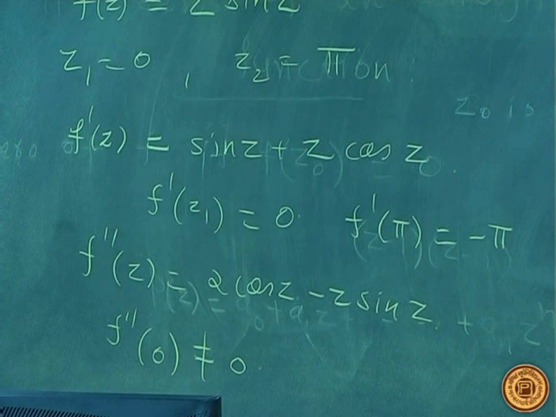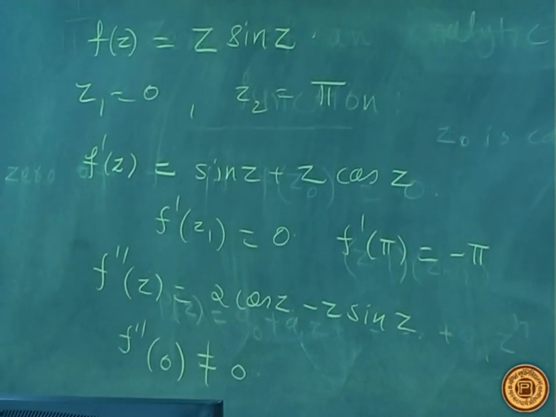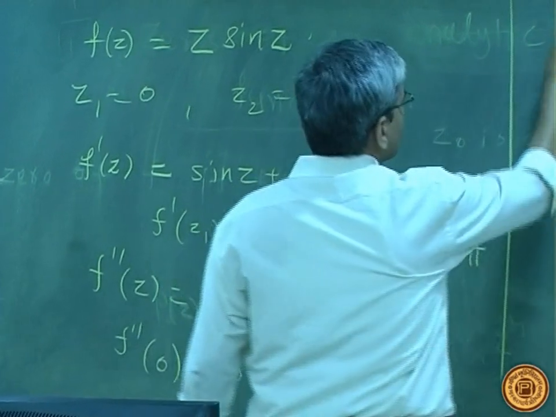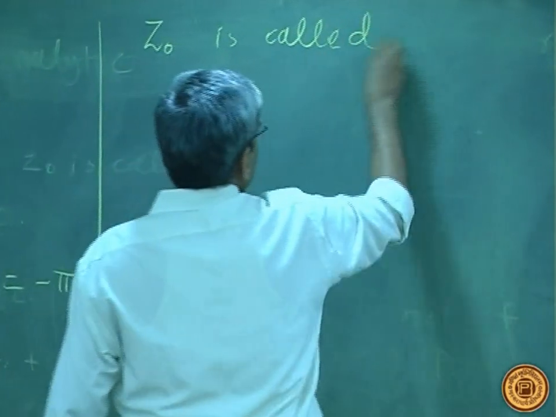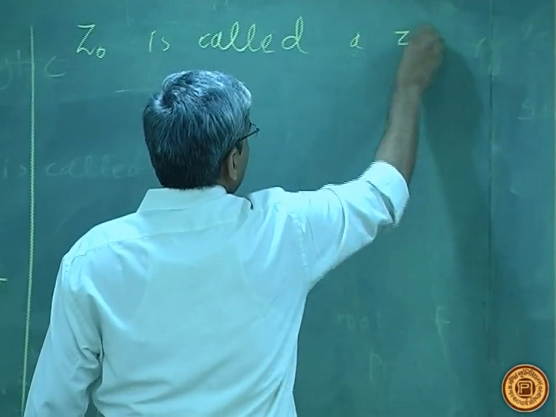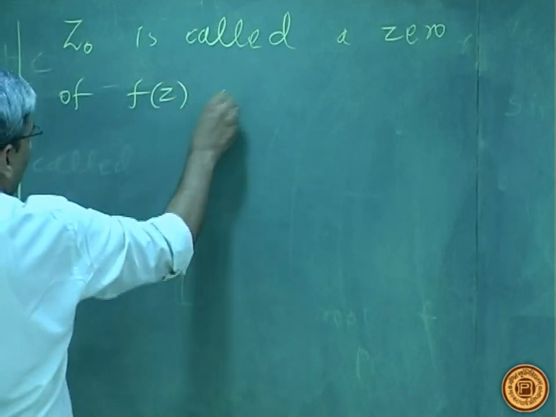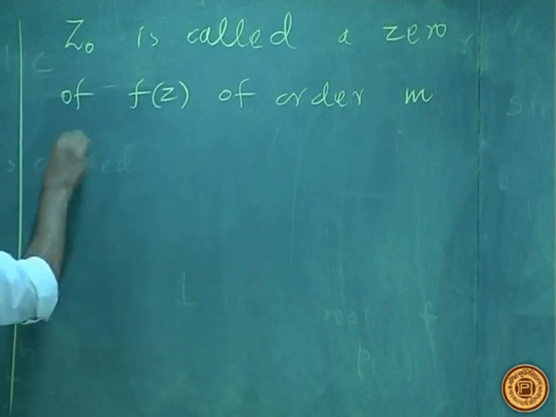So now I am going to define a zero of order m. z naught is called a zero of f(z) of order m if